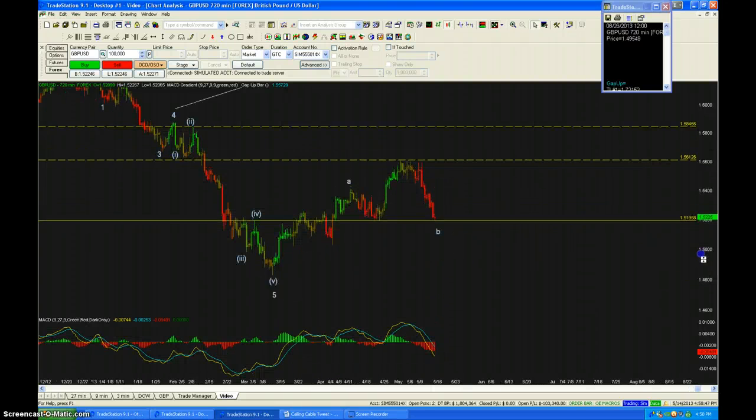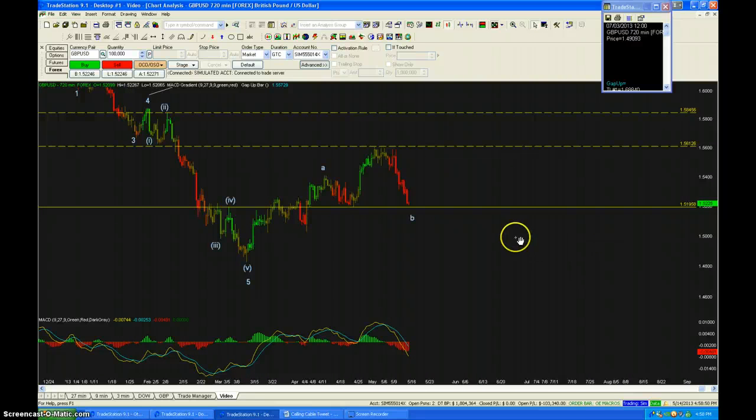And so I started thinking, what's a good alternative count? And I think a good alternative count is a contracting diagonal A wave with this right here, 1, 2, 3, 4, 5. A is finished right there, okay? This entire wave down here would be the A wave of 1 lesser degree, the B wave, and this 5 waves down, which is either complete or just about, would be the C wave. So you would have A to here and then B to here, okay?